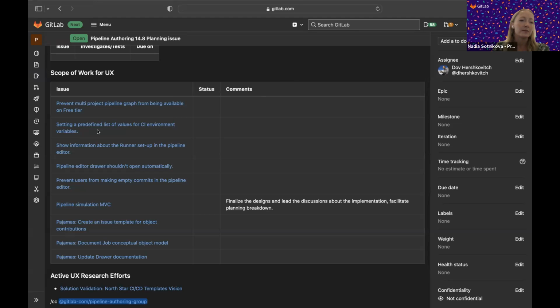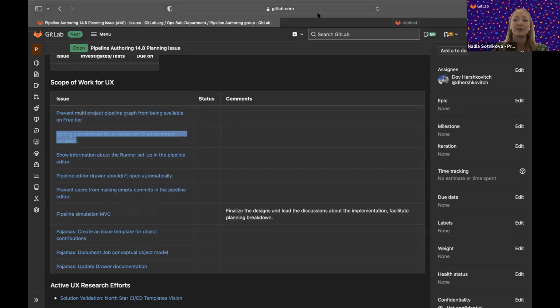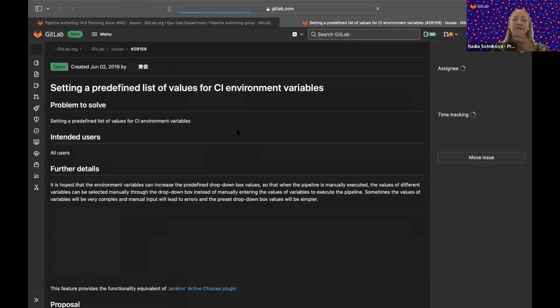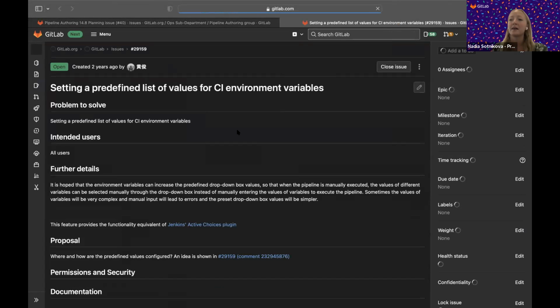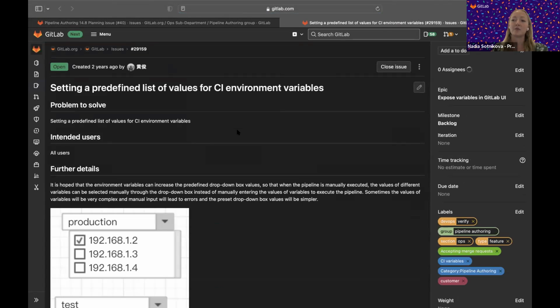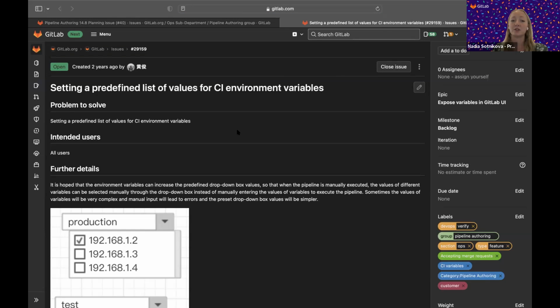So first, we want to allow you to select from a predefined list of values for CI environment variables. There are multiple issues that we currently have around surfacing variables in the GitLab UI. We think making variables accessible in the UI will make them much easier to use, and this is just one of those issues. So in this particular case, we want to surface the available variable values in the pipeline run